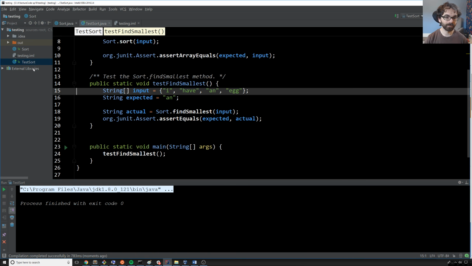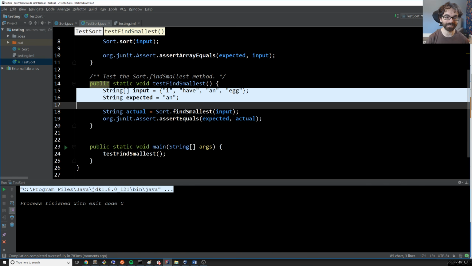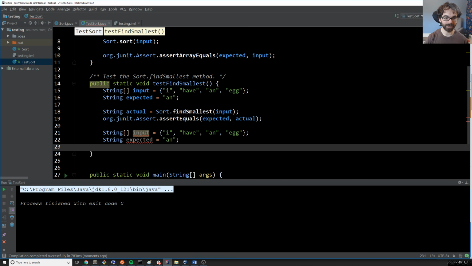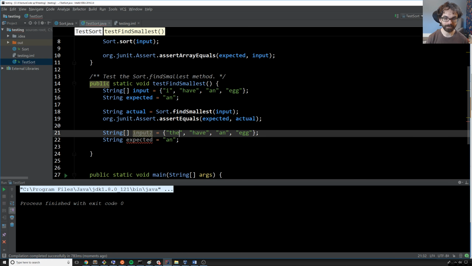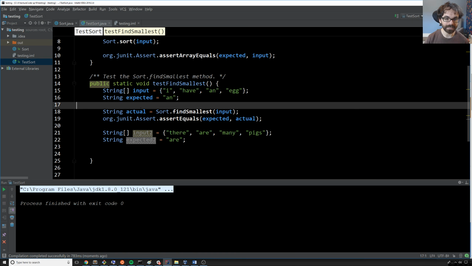It seemed to pass. Well, I saw before that I didn't really trust this test, so I can beef up my test a little. And I can maybe do another one down here. So let's do input 2. There are many, I don't know, pigs or whatever. And the smallest here is R. And then I will do